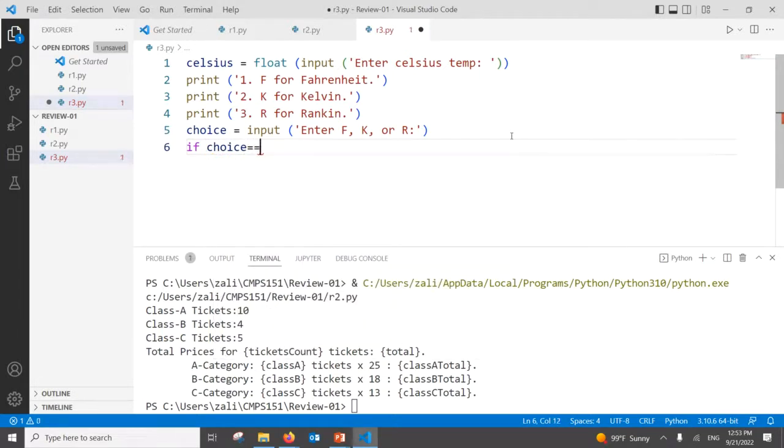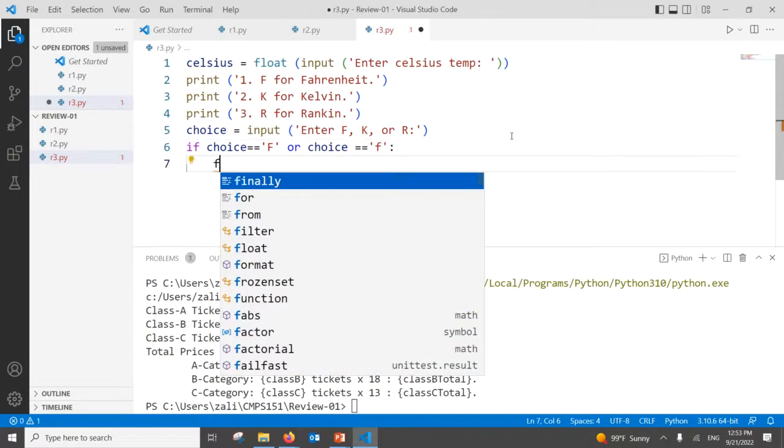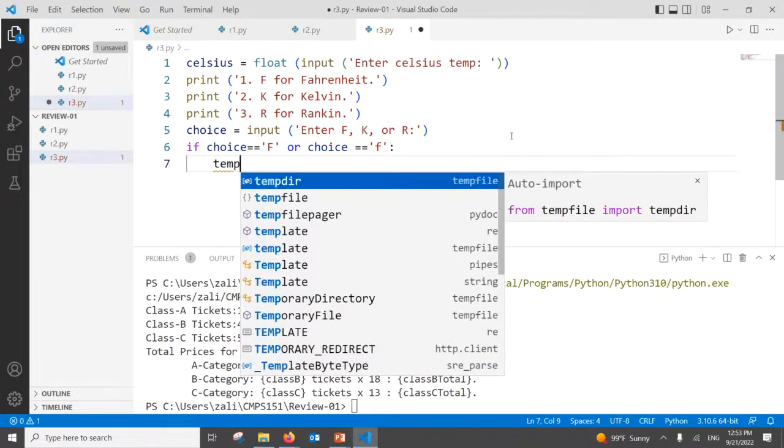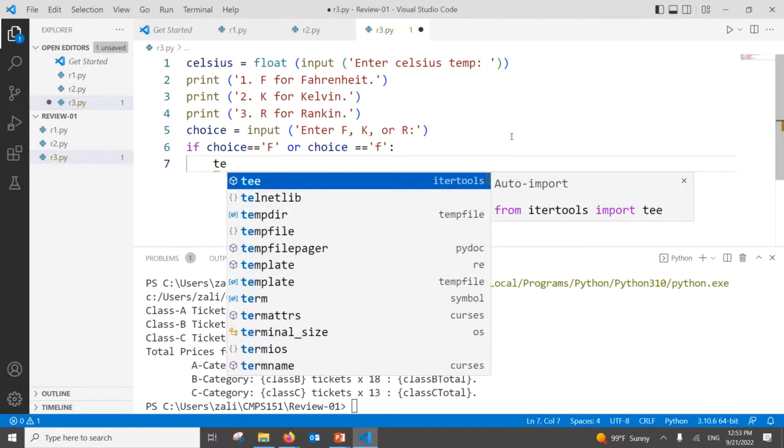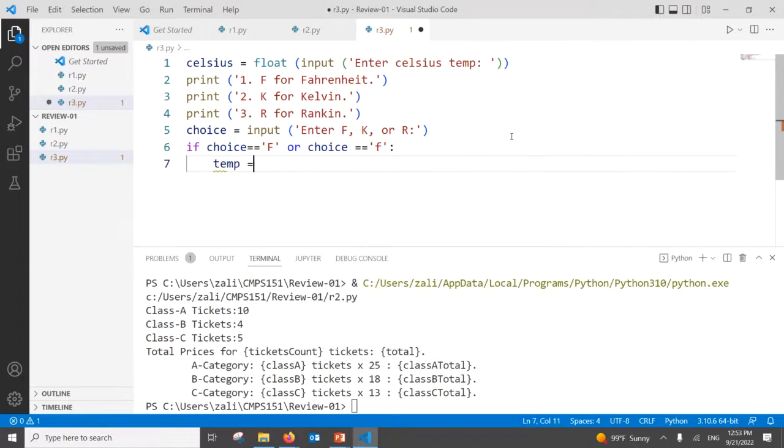If choice is equal to capital F, for example, or choice is equal to small f, then Fahrenheit is equal to temp. Okay, this is one way. ELIF choice is equal to K or small k. Tamam. So I can say here temp is equal to